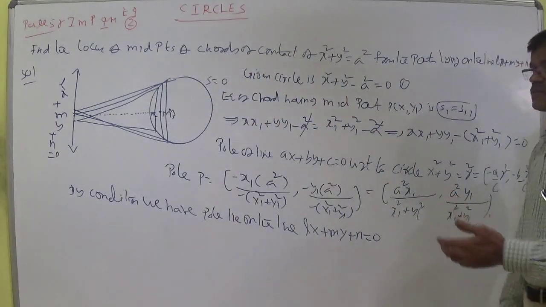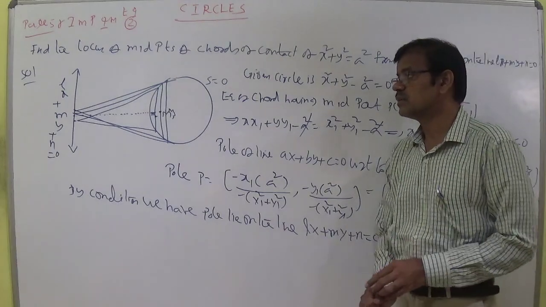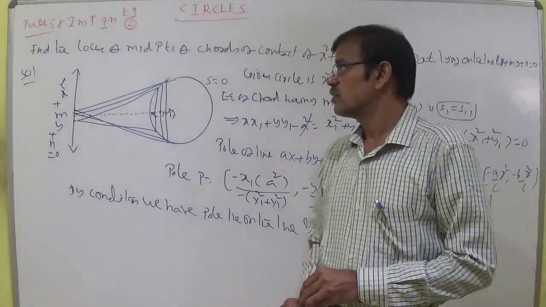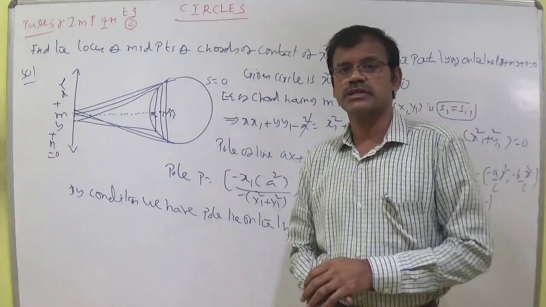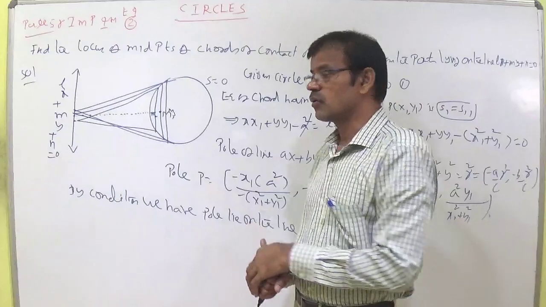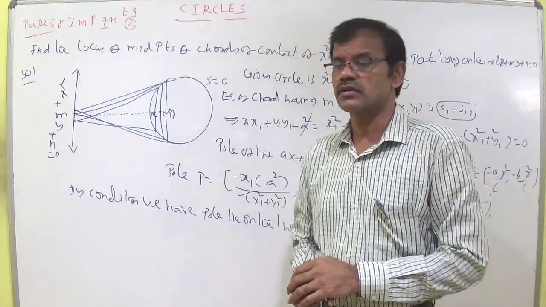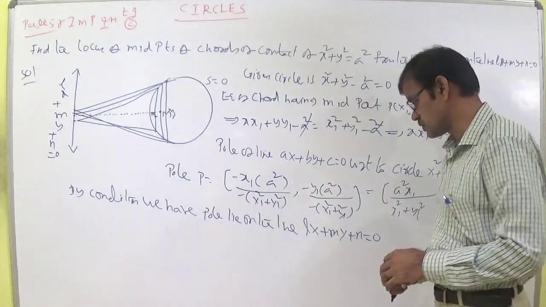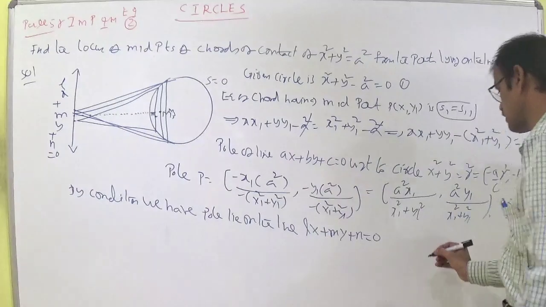These are locus sums. Students, already we said that x square plus y square equal to 2a square and y square plus 4ax equal to 0, and this is another locus sum. Three locus sums are important in the exercise 1D concept, of course in objective also. Lx plus My plus N equal to 0.